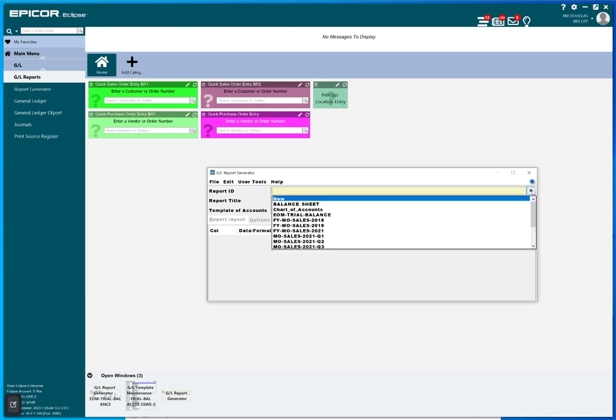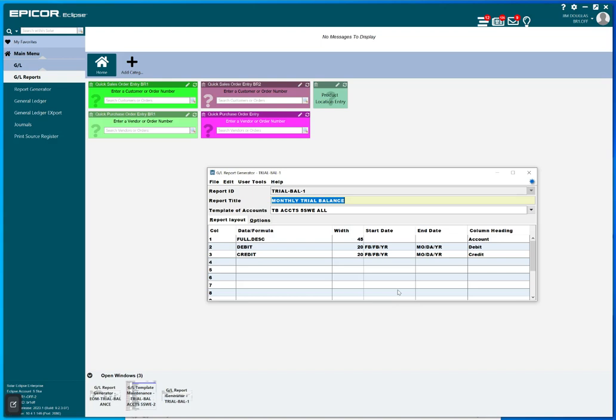So you can, of course, create all kinds of variants of multiple reports, but we're going to use one that already exists. And I like this one better. Now, you can get pretty sophisticated with the report layouts on these things. I'm a dummy when it comes to accounting, therefore simpler is better. I try not to add too many variables in there that are going to confuse the hell out of me. So this is a simple trial balance report that I expect to run every month,